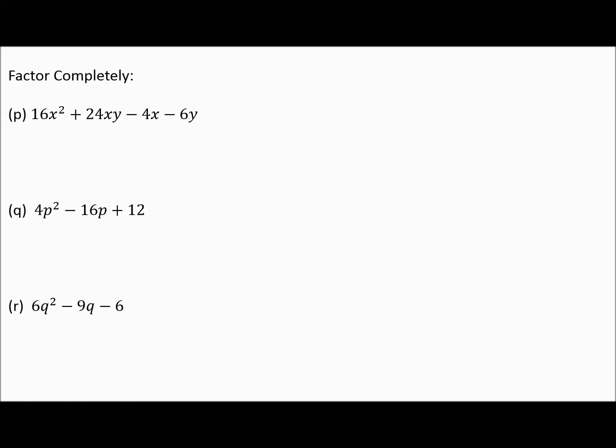Alright, to our final page, we got 16x squared plus 24xy minus 4x minus 6y. 4 terms, right? I see that each of these 4 terms can be divided by 2. Is that what you see? Yeah, 2 is all that'll go into all of these. So I was thinking 4, but till you get to the 6, 4 will go into 6. So divide by 2, divide by 2, divide by 2, divide by 2. So it's going to give us 2 times 8x squared plus, and that's going to be 2 goes into 24 12 times, 12xy minus 2x minus 3y,